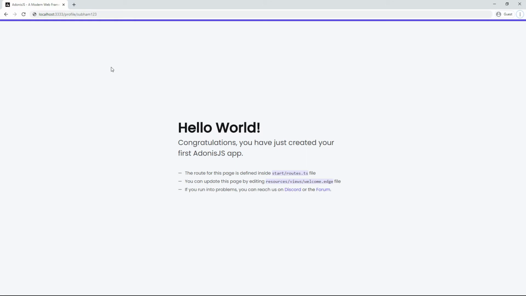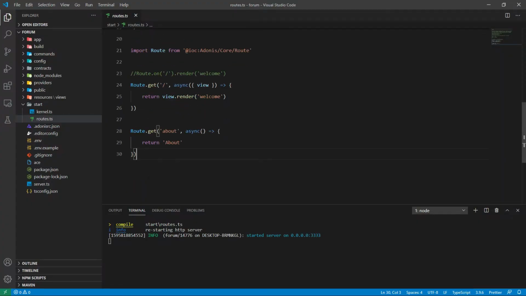And when someone visits this URL, we can just grab the username from the URL and query our database to find the user with this username and get the data and return it in some sort of way, whether it's an API or a web application. This kind of routing is called dynamic routing, and in this lesson I will teach you how to handle dynamic routing with AdonisJS. Let's create a new route